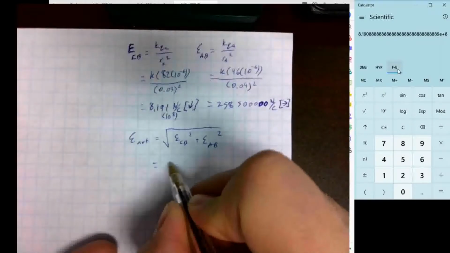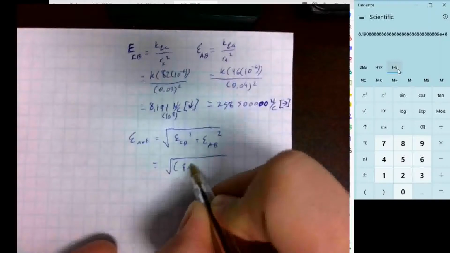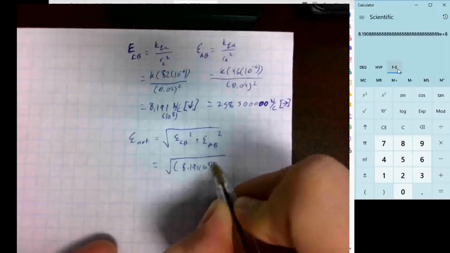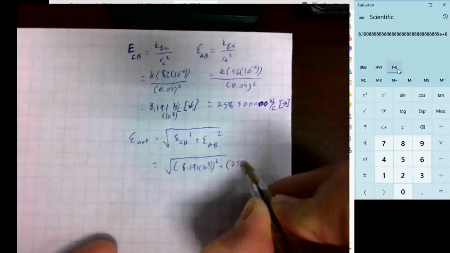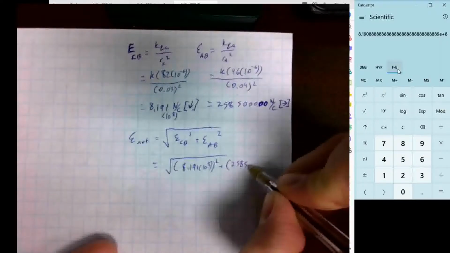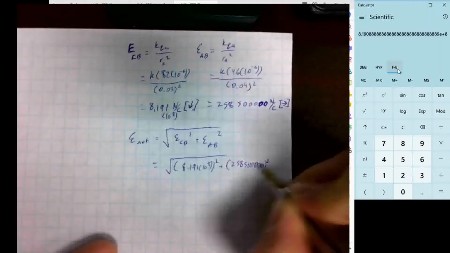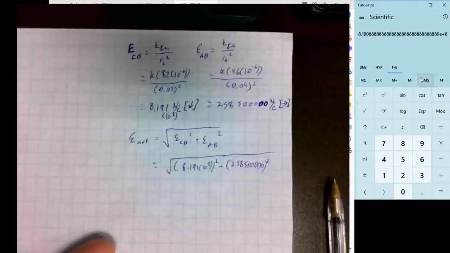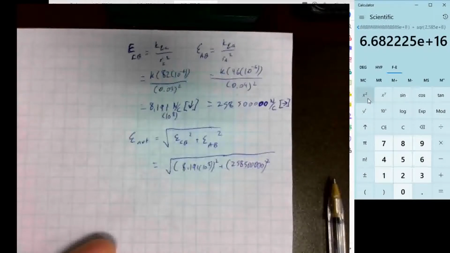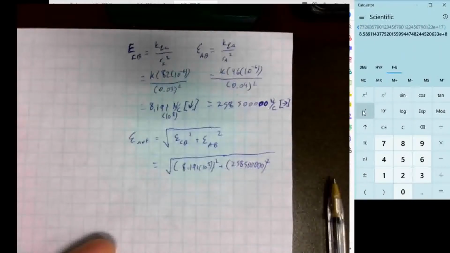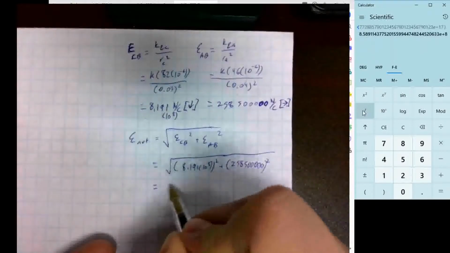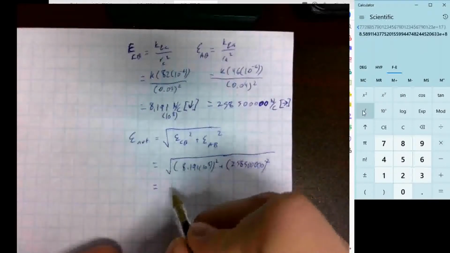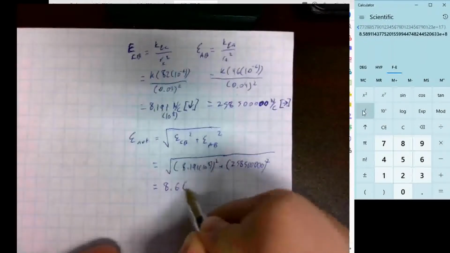And this works out to the square root of 8.191 times 10 to the 8 squared plus 258500000. I don't know why I didn't write that in scientific notation, but this is this value squared plus 258500000 squared. Then I find the square root of that. I end up with 8.6 times 10 to the 8